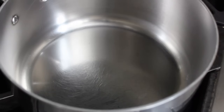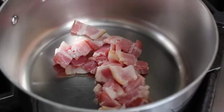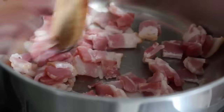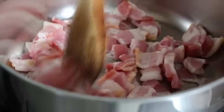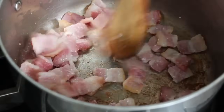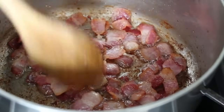All right, step one, I'm going to take a saucepan and place it on medium heat. We're going to throw in 1 handful of sliced bacon. Because this is a Southern-inspired recipe, I'm using the Southern units of measure. So 1 handful of bacon, and we're going to cook that on medium heat until it's almost crisp. We don't want it super dark brown, but we want it almost crispy. All right, so give it a stir once in a while, and while that's working, we might as well slice